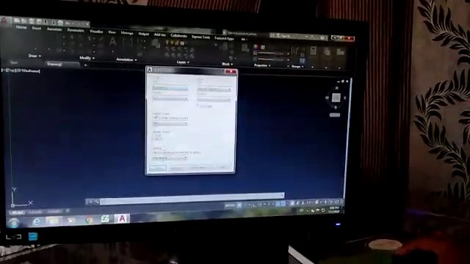If you want to draw a plan first, and I want to draw it in the engineering length type, so I change it to engineering type length. Then precision is changed to 0 feet 0 inches. After applying this precision, I want to change the insertion scale. In this box I change inches to feet. After completing this, click on OK.